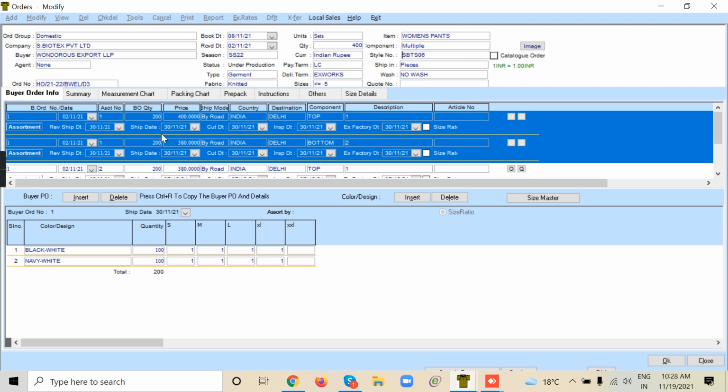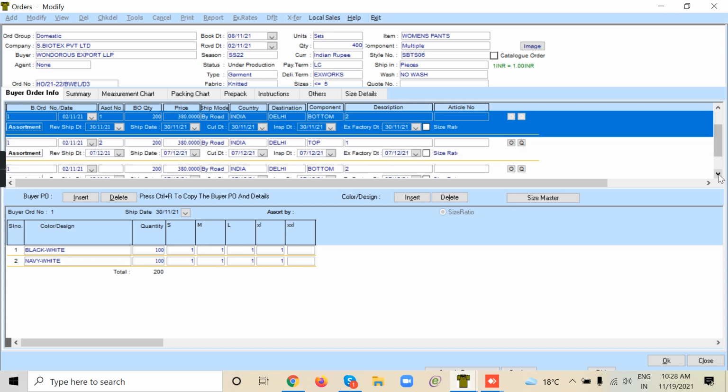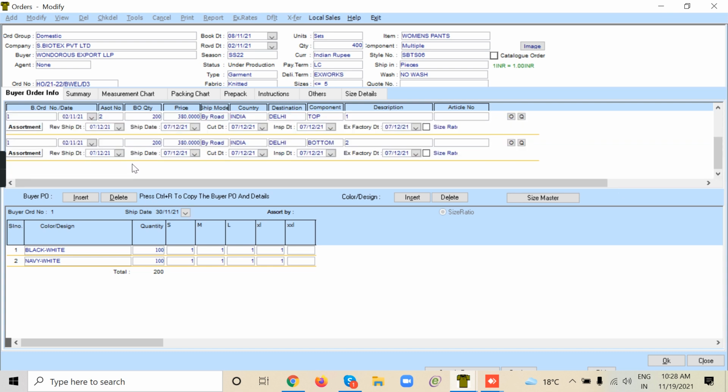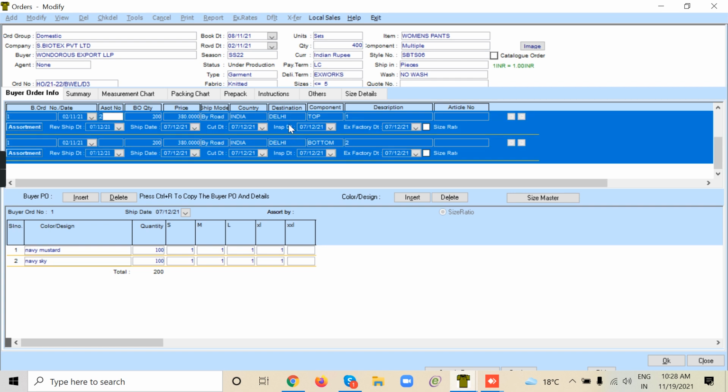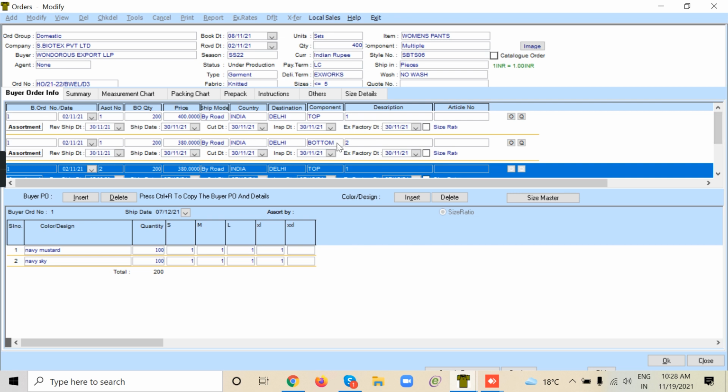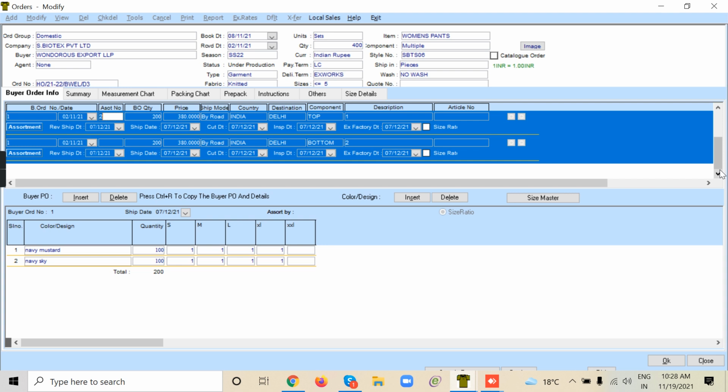It's totally 200 sets in one assortment, which goes on 30th November. There is another 200 quantity which goes on 7th December. The second assortment goes to Delhi. The first assortment also goes to Delhi, but this quantity is going on different dates.